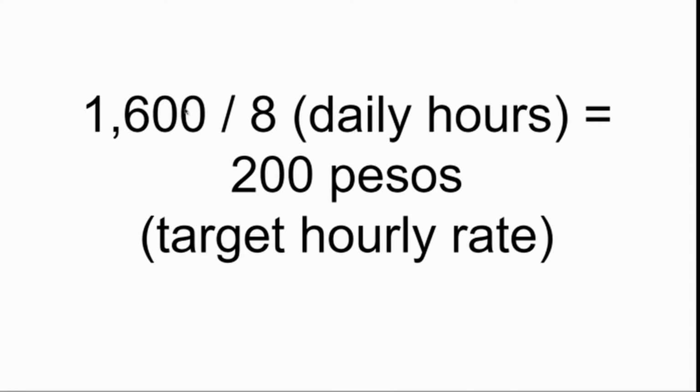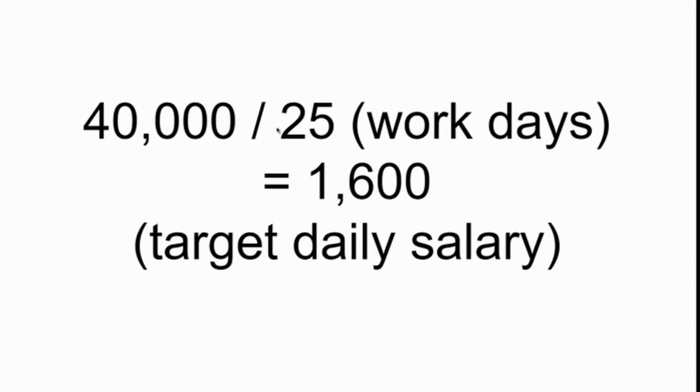And siguro in 4 hours, let's get something na almost 40,000 naman. But this computation I'm showing you is just a sample. So, itong 8, yan yung daily hours na gusto kong magtrabaho daily. If you divide that into 1/6, that's 200 pesos. Yan yung hourly rate na target mo to be able to achieve the 40,000 monthly income goal. Yung goal mo.